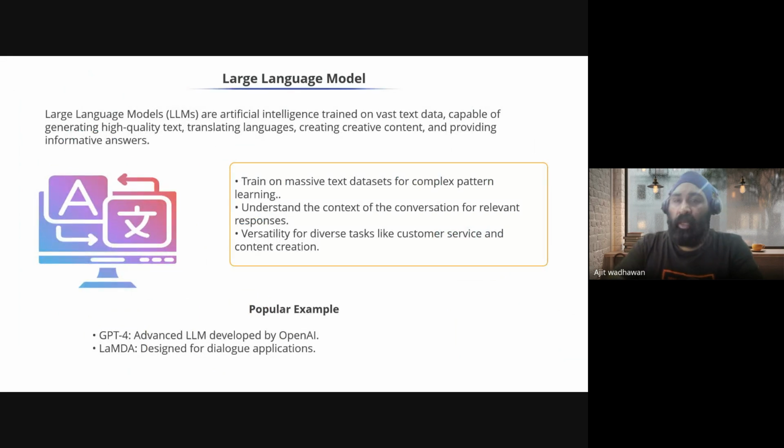So large language models, what are they? They are a type of artificial intelligence that are trained on a massive amount of text data. They are capable of generating human-quality text, translating languages, writing different kinds of creative content, and answering your questions in an informative way. Even I was not aware of it. I am creating videos for my CompTIA Security Plus